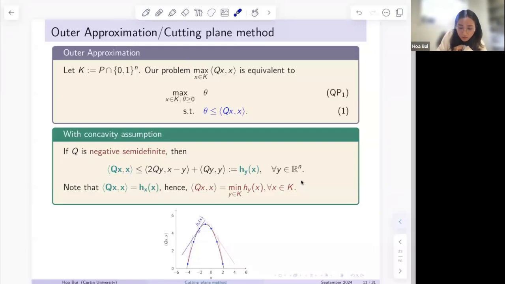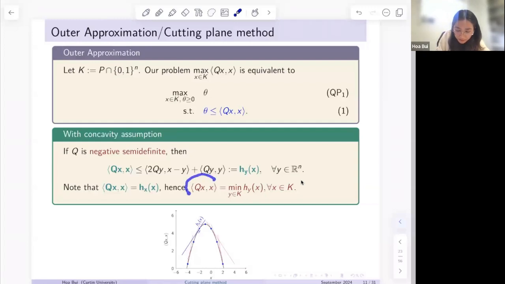And where you construct the tangent plane, the value of the function equals the tangent plane. So your function stays below this tangent plane and equals it exactly at this point. So when our matrix Q is negative semi-definite, the advantage of this is